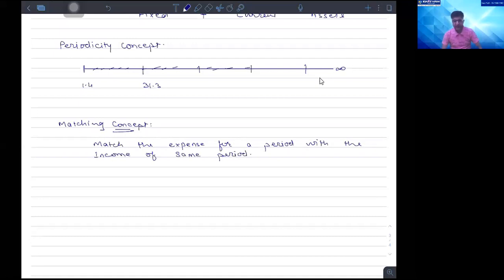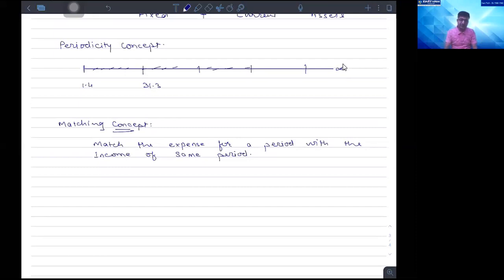Now, what is this? Understand and observe. Observe it very carefully because this is the core of your preparation of final accounts. इसका सिंपल मतलब ये है कि आप अपने इनकम स्टेटमेंट में, मतलब ट्रेडिंग अकाउंट में, प्रॉफिट एंड लॉस अकाउंट में जो भी इनकम क्रेडिट करने वाले हो, उस इनकम को कमाने के लिए जो कुछ भी आपने खर्च किया होगा, that all expense should be recorded in the same period. मतलब क्या?